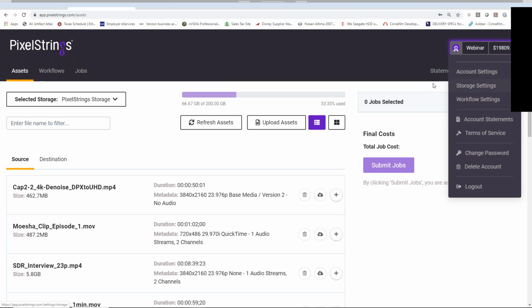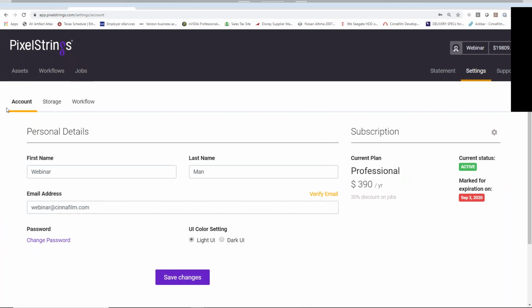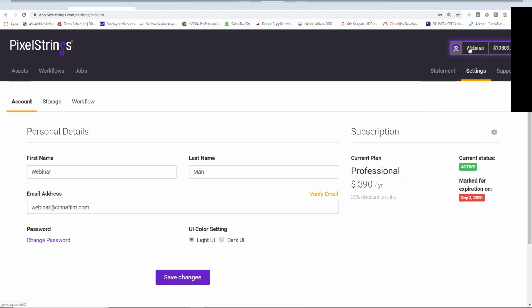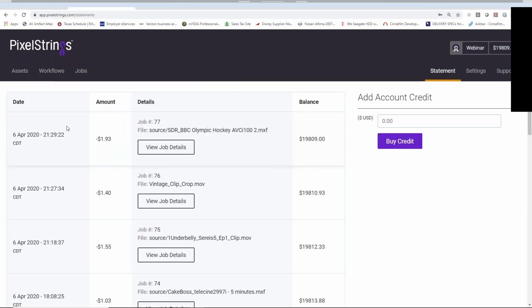Now, some of these choices are just going to mirror what you can get to by clicking here and then going into individual items. So for example, these top three, account, storage, and workflow, that's under the settings tab, but it's kind of like a quick way to get to it. You have account statements. This is going to take you to the statement page,